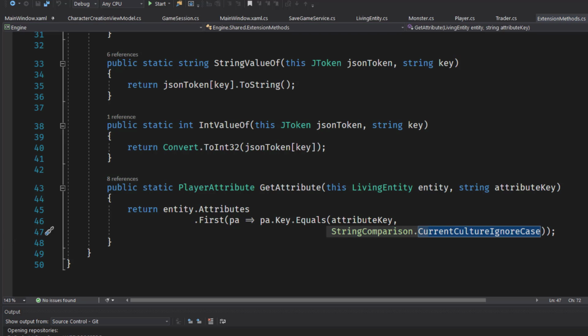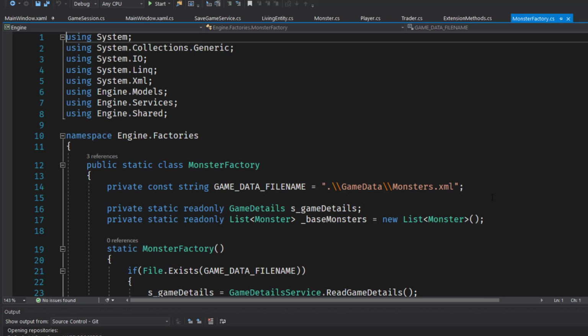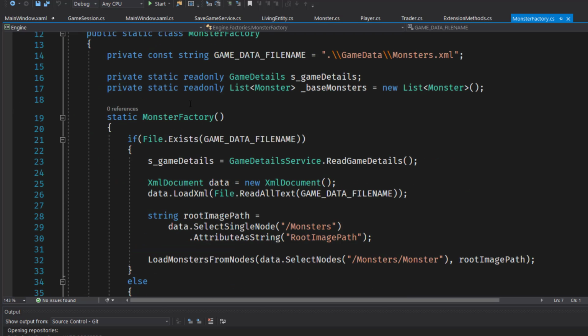Since we modified the monster class, we need to go into Engine Factory's Monster Factory and modify the Monster Factory, since this is what instantiates monster objects, and we have a new constructor. On line 7, I added the using directive for engine services because now we want to pull in the game data. Since monsters now have attributes, we need to know what the attributes are, and that information is in the game data. So what we'll do next is on line 16, add a new variable to hold the game details,